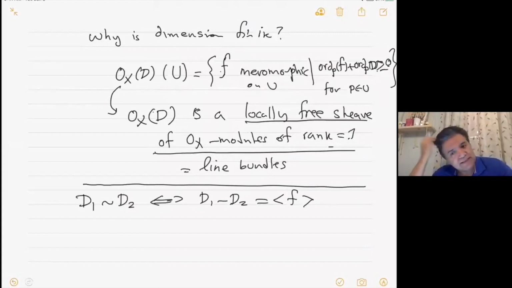So since the degree of a principal divisor is 0, one of the necessary conditions for two divisors to be equivalent is that they have the same degrees. But of course, this is not enough. But equivalent divisors have the same degrees. Another thing about equivalent divisors, this space L of D